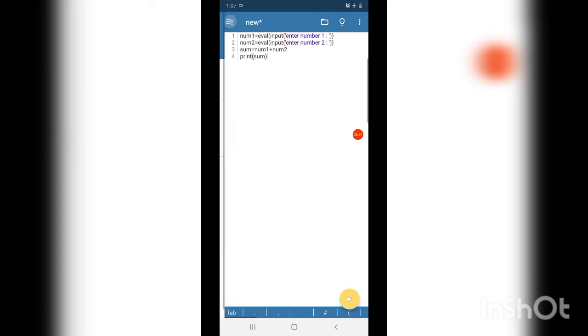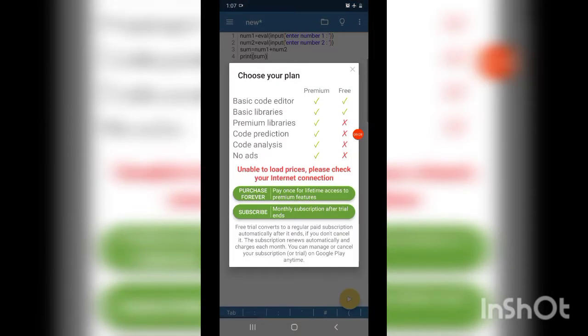Enter number 1. I have entered 2. Then enter number 2. I have entered 3. Then it prints 5. So again, if I go to this, you can see the output was just 5 for the inputs 2 and 3. Now we can make this output a little more beautiful by